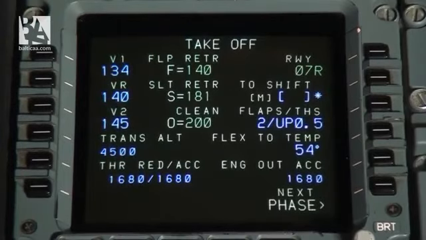Well, that's it. You now know all the basic and essential steps for the pre-flight phase completion on the MCDU. Of course, there's a lot more to learn,